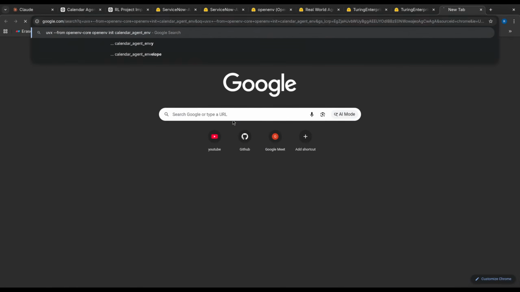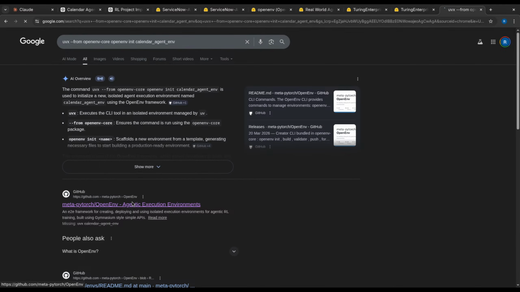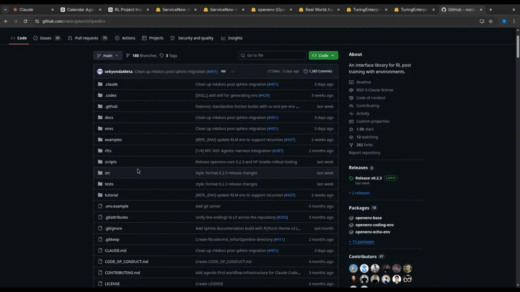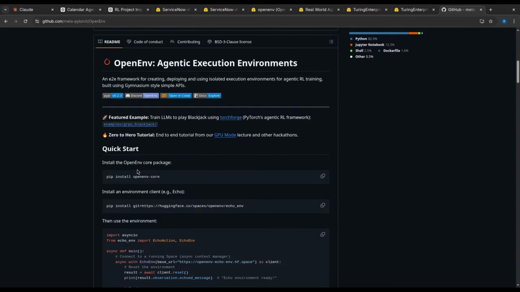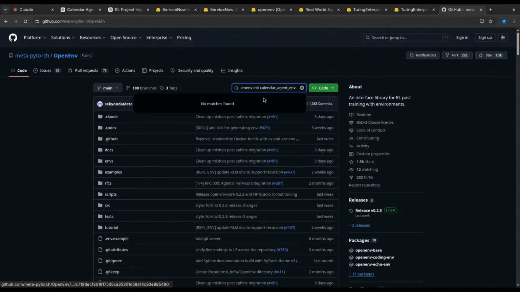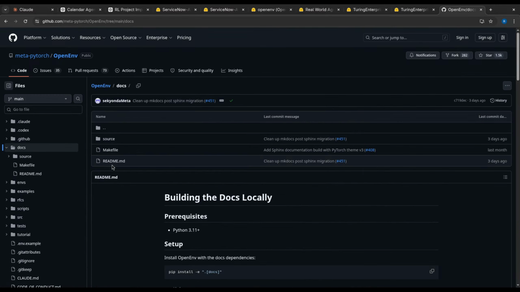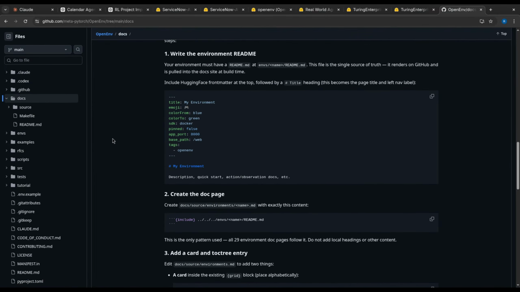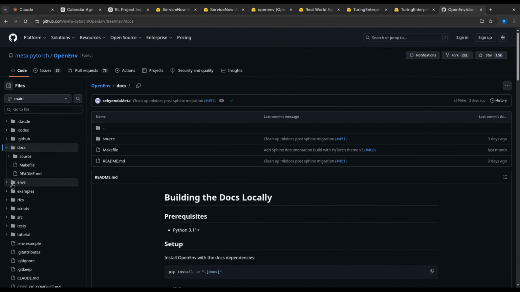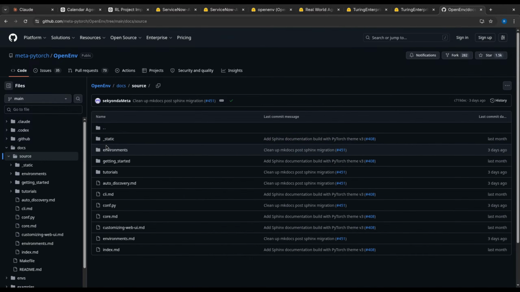What is this command? Okay. What is this command? Do they provide this command? Is it okay for me to use it? I don't know.